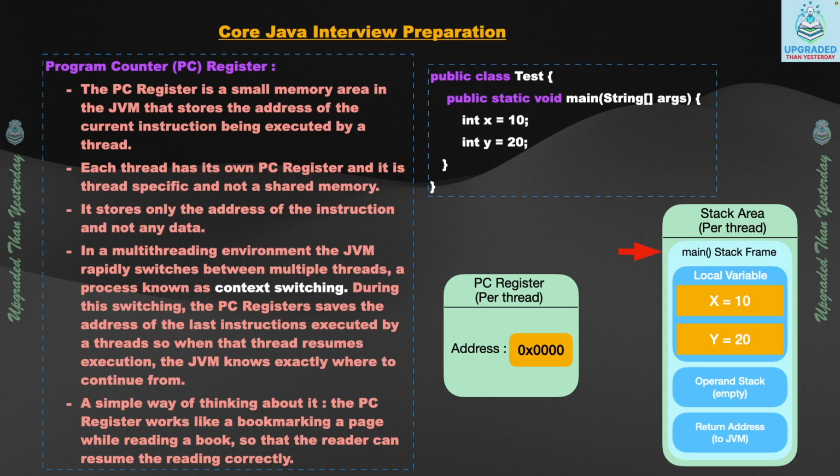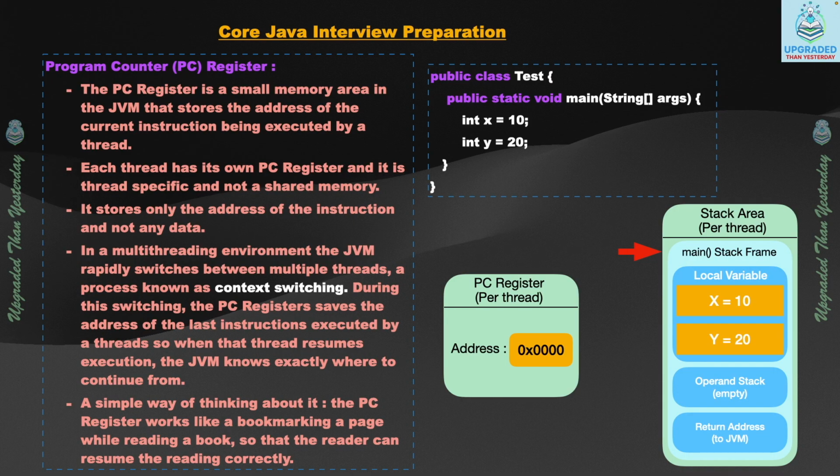Look at the diagram and the animation. There is a class Test with the main method containing two local variables, x equal to 10 and y equal to 20. For this, the stack is created for the main method as shown in the diagram. When the execution of the main method begins, the PC register holds the address of the first instruction of the main method,